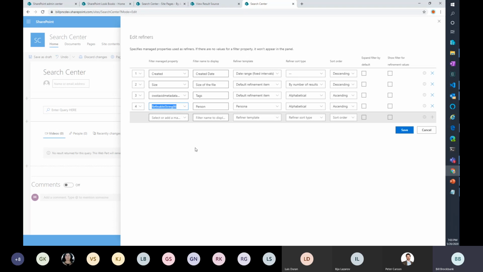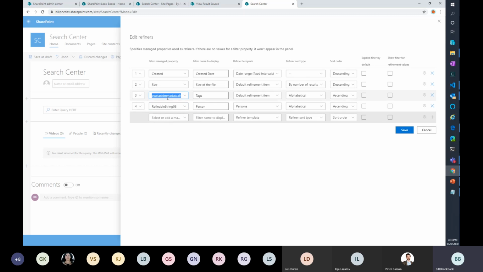There's a lot of settings in the metadata, something we won't cover here. If you're interested in more on the search configuration side, it's pretty much documented by Microsoft how you do your custom properties and set the metadata. But in 365, we don't get the ability to do a lot other than reuse what they give us. The exception to the rule is that we'll create a searchable property for your metadata fields, but you can't use them as refiners. They're just searchable. So you end up having to do these refinable mappings. I may be able to show you one example of how I did that, because I think I had it working on here for the other one before.